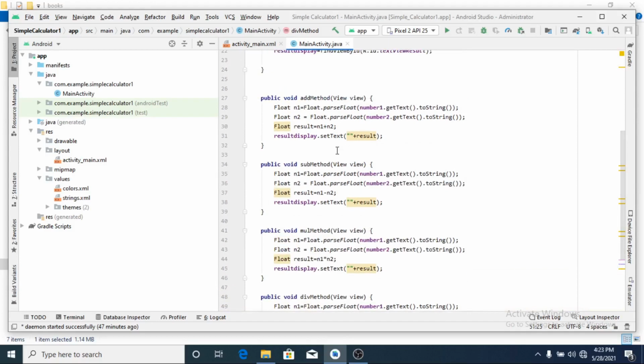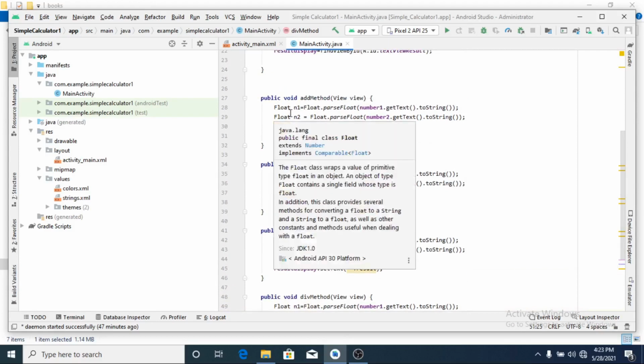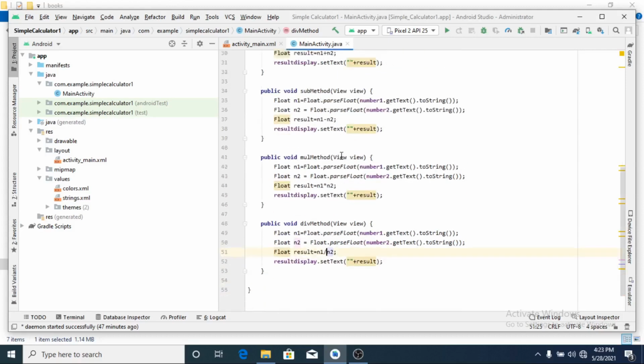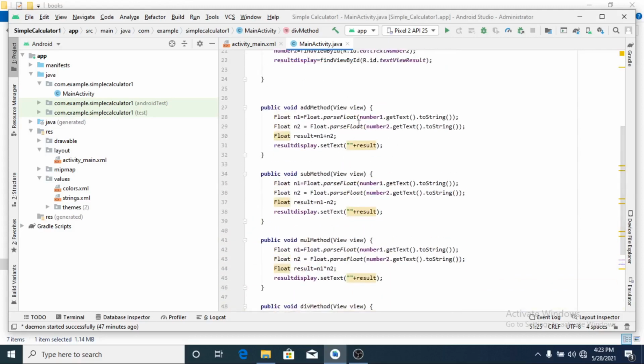I just see here what I have done. Okay, taken two floating local variables here for the add method, and then converted those strings from number 1, which is read from edit text, and passed into floats, and then did whatever I want. I hope you got it. Let me run this program on your mobile or our mobile, and then see the results. Okay, no errors as such. I hope you got this simple. I have done it, I kept it very simple, but we have to improve it.